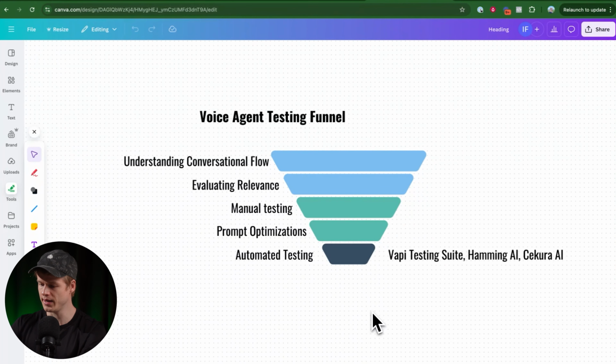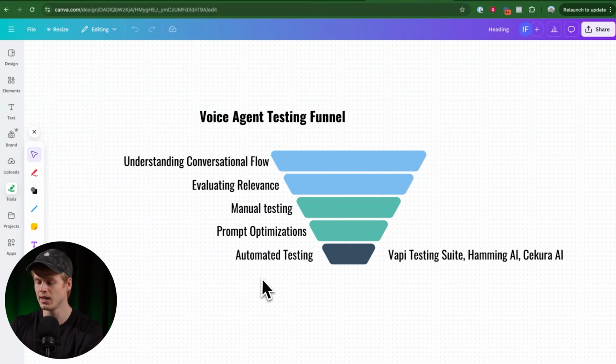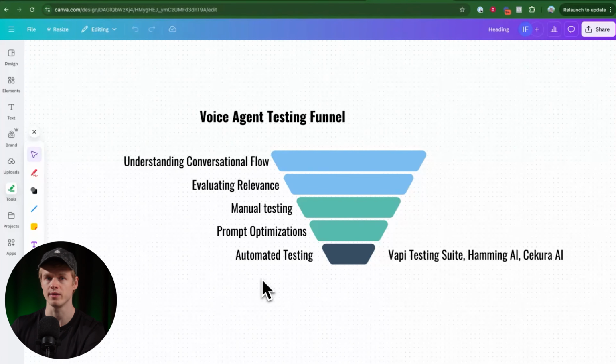And to make sure I give you some examples, I have right here 3 tools mentioned: Vapi Testing Suite, Hamming AI, and Sakura AI. To get started, Vapi Testing Suite, like we already mentioned right here, we usually use it for manual testing and prompt optimizations. However, they also have an API, meaning that you can basically automatically test those scenarios and be informed about those outcomes, right? So it's some sort of programmatic way of testing assistants, which works great with Vapi. The thing is, the interface is not as good when it comes to really understanding the data and leveraging that in a more visual way, or potentially even with some more edge cases or some more features,